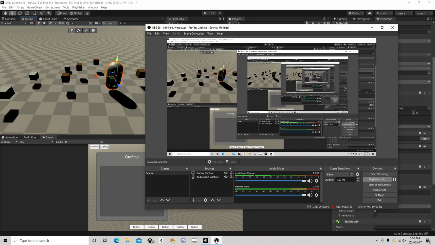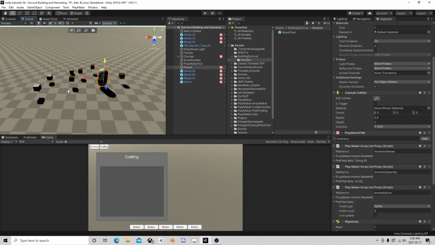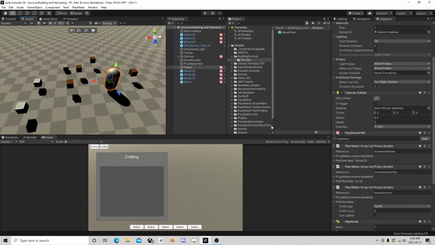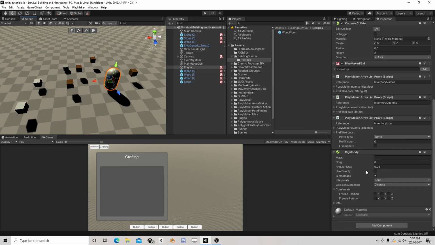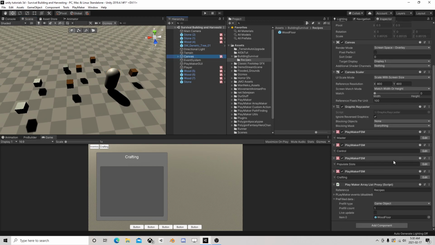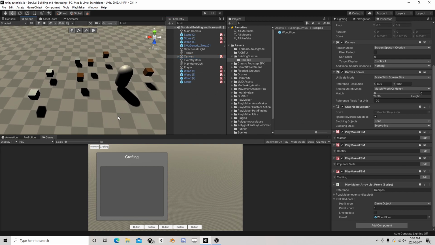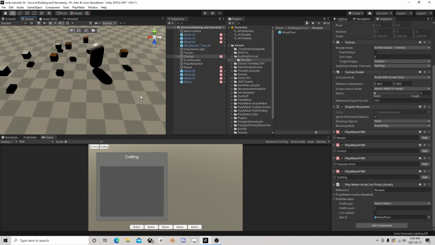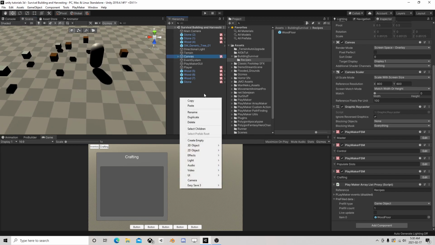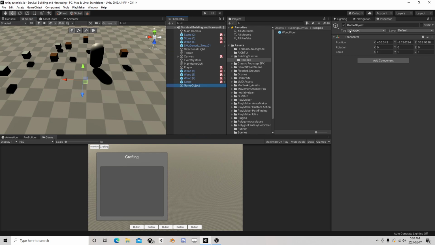Let's see what we're doing for time. 25 minutes, okay. We can do a little more. So we have that far. So what we need to do, now that we have this check to see if we have everything, is we actually need to create the object. So we need a wood floor to begin with. We don't have one. So I'm going to create an empty,